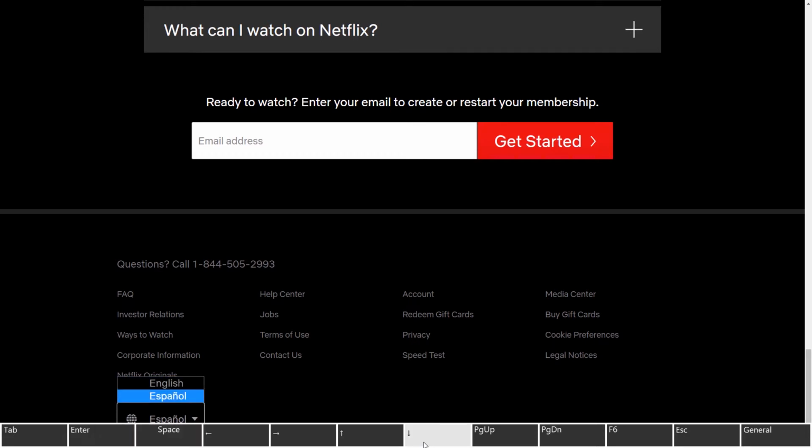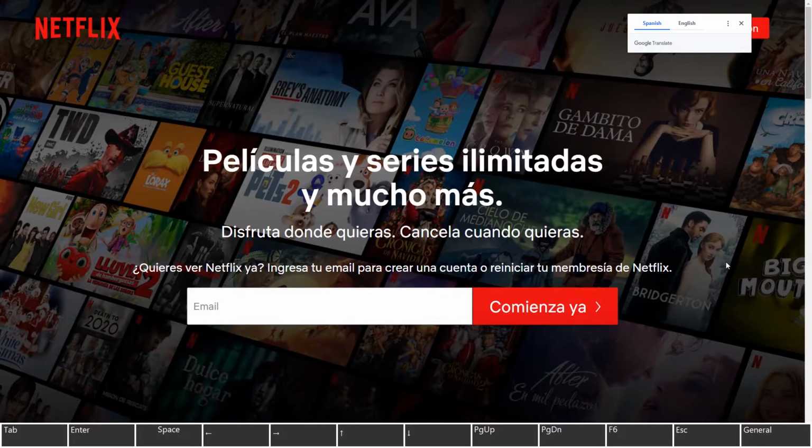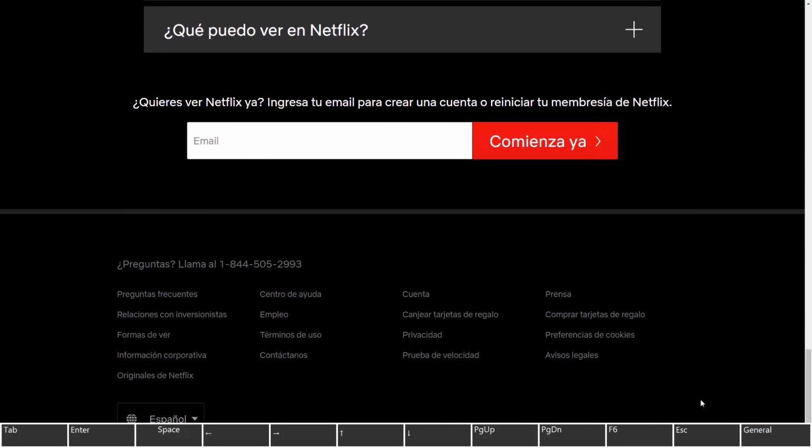Okay, and I don't do anything. I've just selected it. Let's say I have selected Español, and now I have changed my mind and I want to keep it in English. And I just want to close my drop down. Okay, it redirects me. That is a violation of the WCAG guideline, predictable.